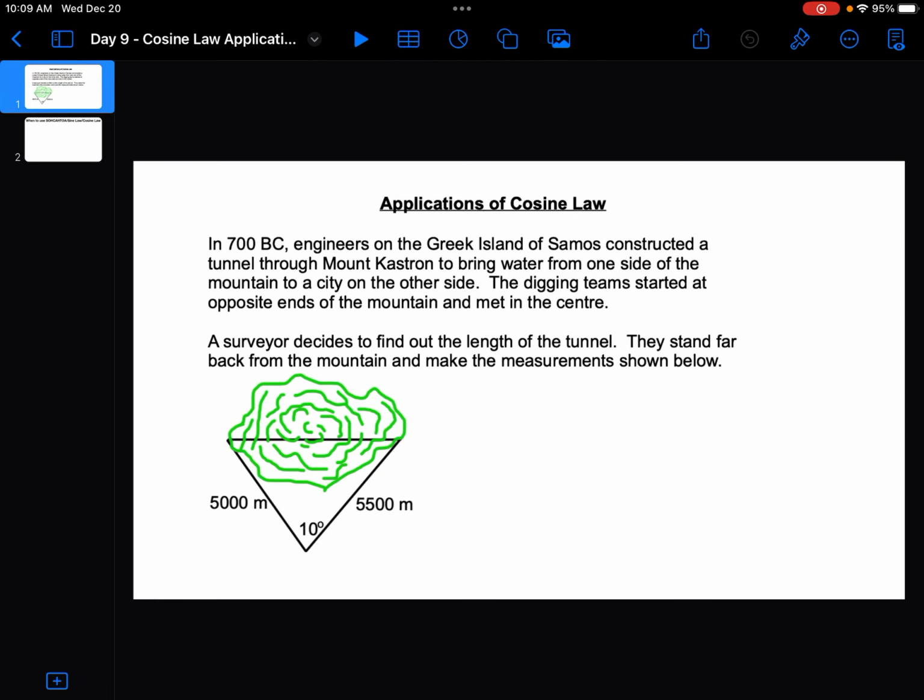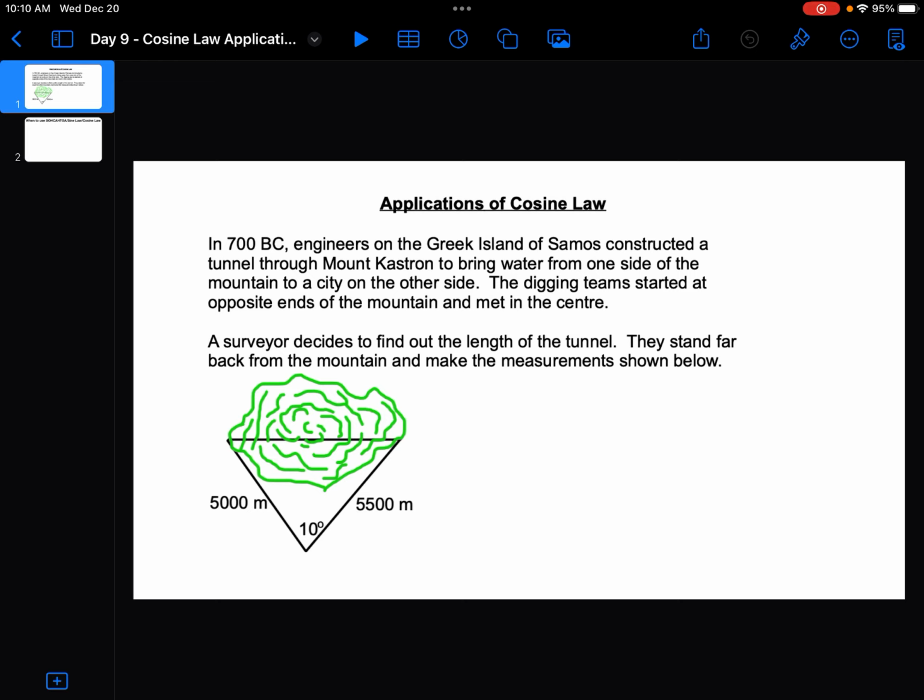The final thing that we're going to look at is applications of cosine law. So when we're looking at this, all we're doing is just setting up a triangle. We're looking at what the information is giving us and then realizing that we don't have a right angle or we don't have a complete ratio. So when I'm looking at this triangle here, I'm looking to see, do I have either a right angle, which